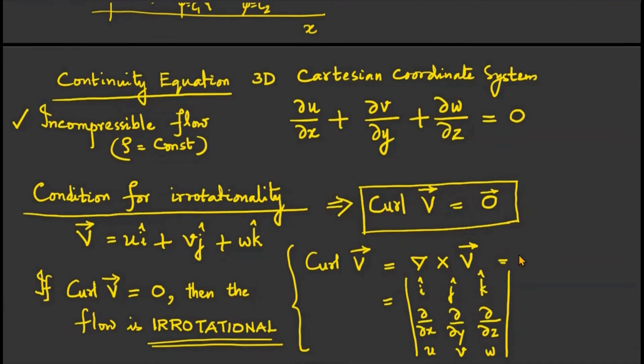And this curl of the velocity vector is also represented by another vector. What is it called? Vorticity vector. The vorticity vector is actually twice the angular velocity vector. These are the important basic ideas in kinematics of fluid flow. I wind up. Thank you.